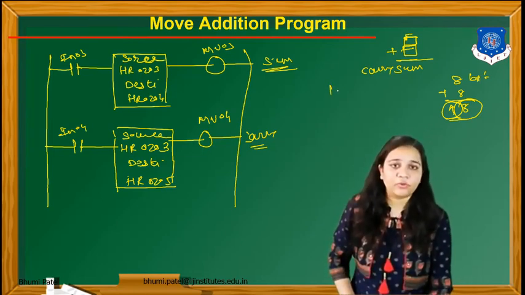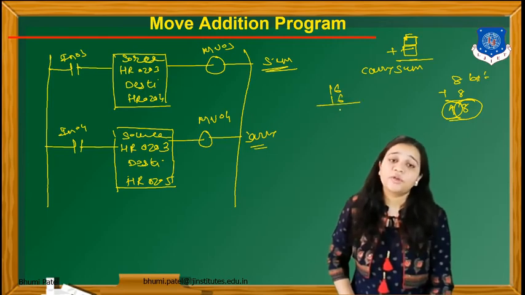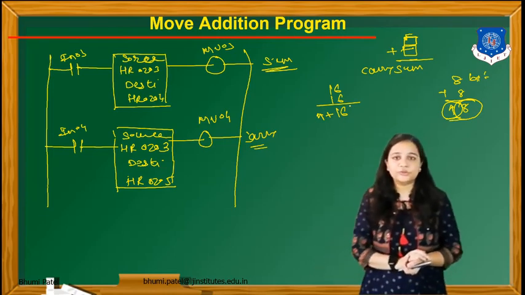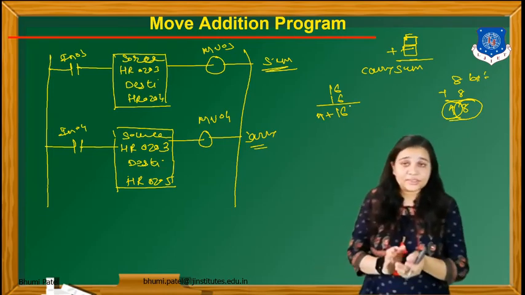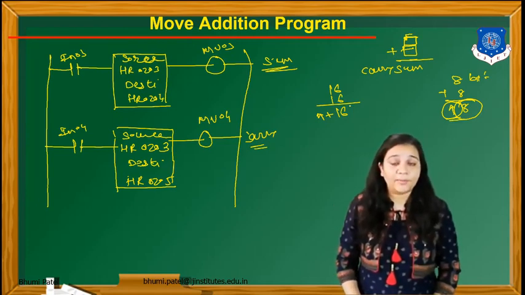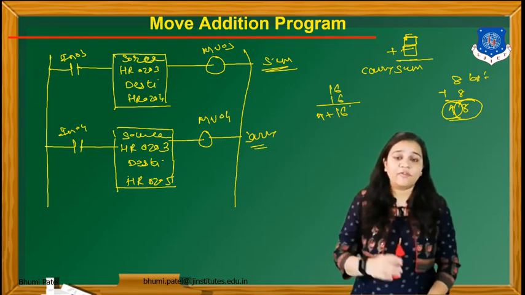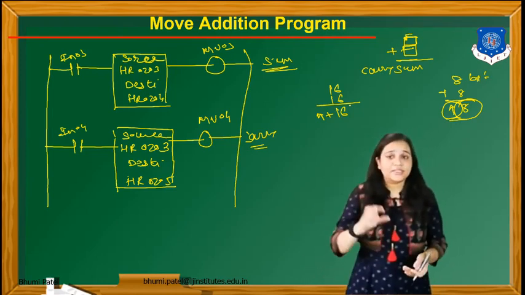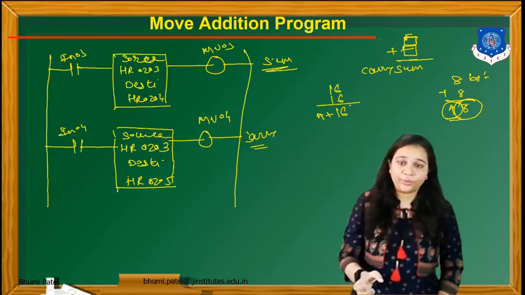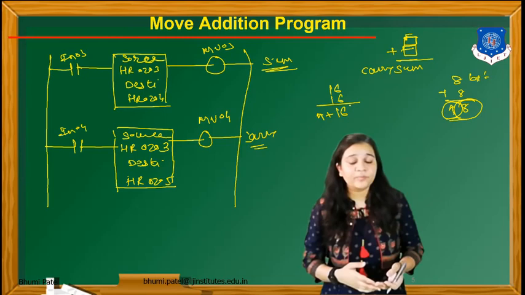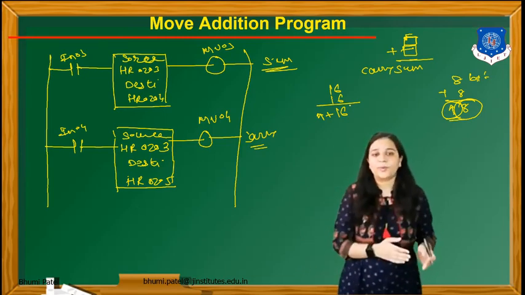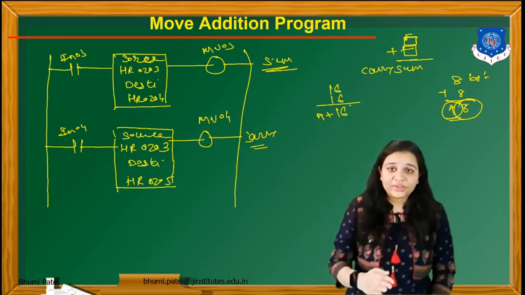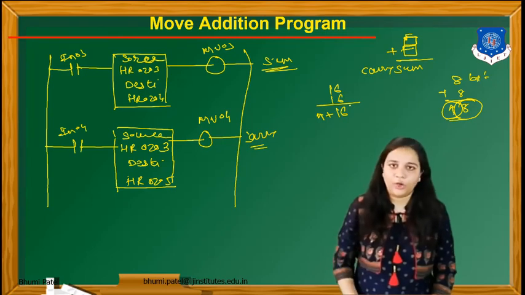Same thing if we have to add 16-bit data plus 16-bit, we can get the answer 16-bit plus the carry. So for that we have to use the move function. So this is the program for the move addition program. First of all we have to move some data from the source to destination, then take the data from this destination. This is my operand number 1 and operand number 2, and after that we have to use the add instruction. So operand number 1 plus operand number 2 and we can get some data in the destination, and then we have to move this destination data from this particular location.